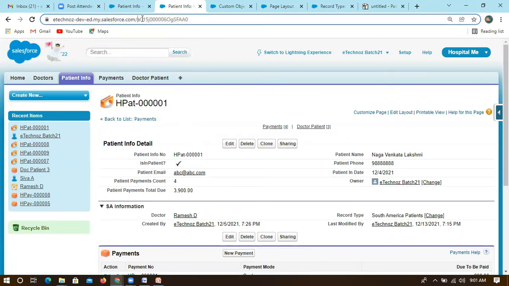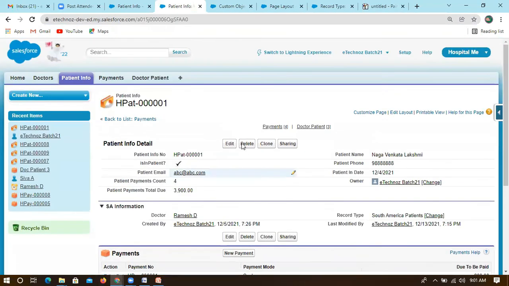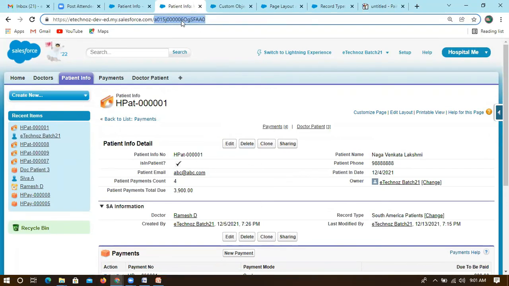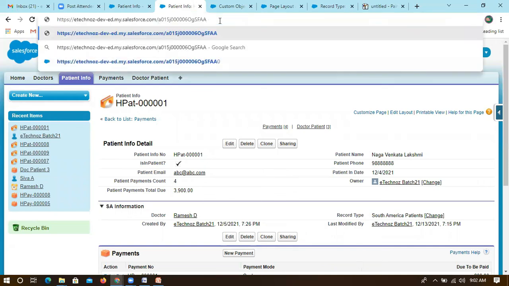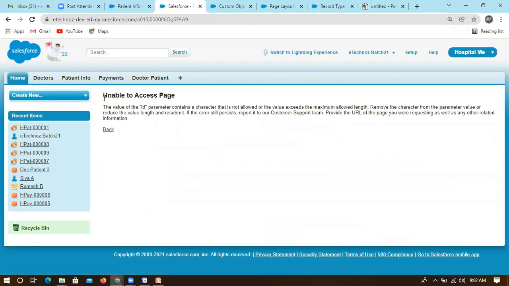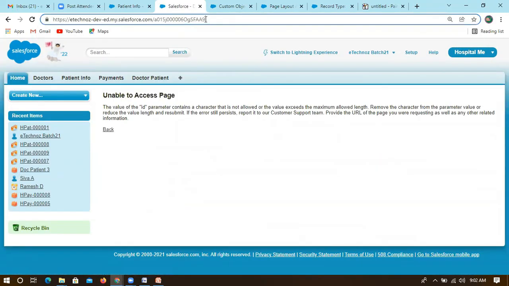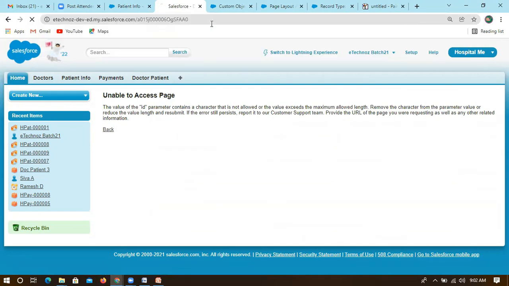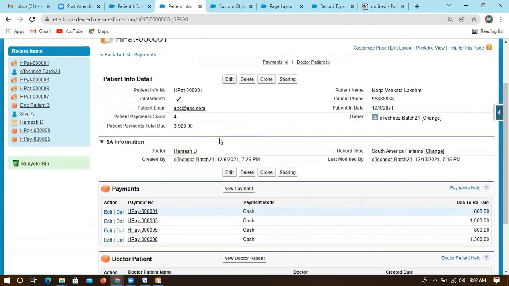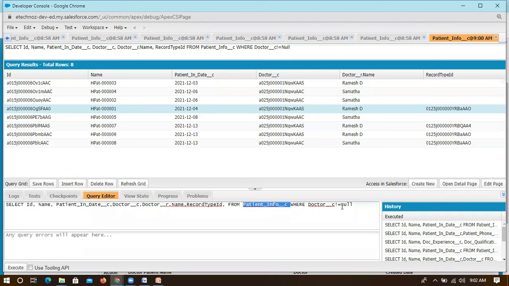You can also control it from the URL. I'm showcasing all the available options; you can play around here. If you want to track from the URL, you have to remove the entire stuff after salesforce.com and slash, and mention that ID. If you mention something like 9, it will throw an error. It should be the same ID only, then only you can see this information. And second, what we were trying to capture here is the record type ID.